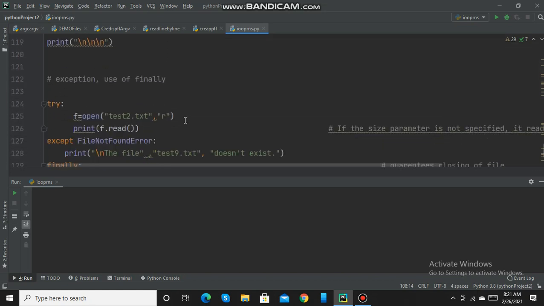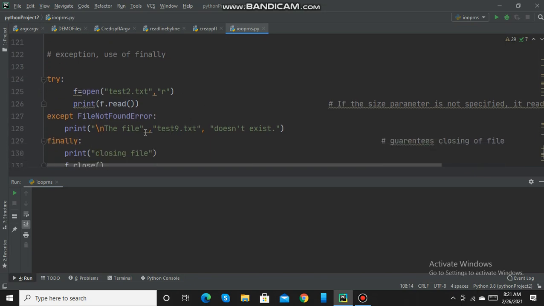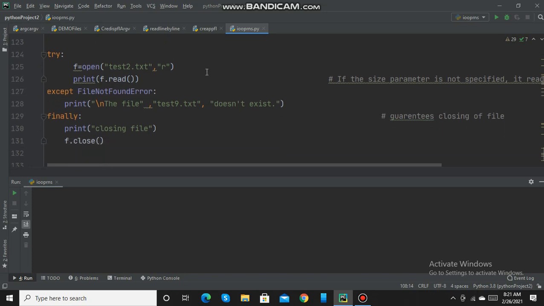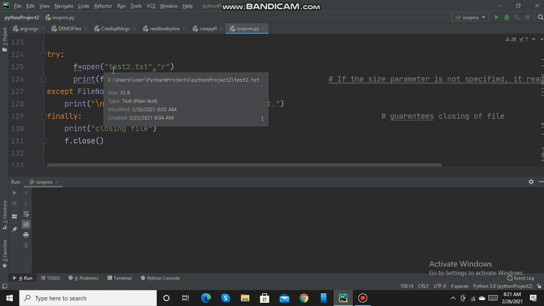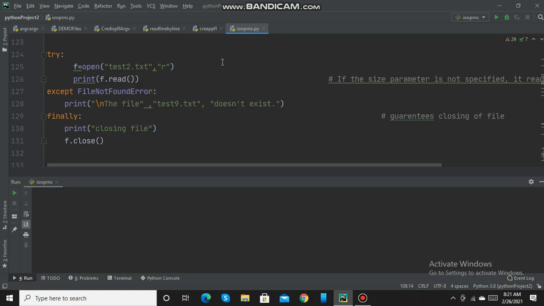Now we'll see the use of the finally clause to handle exceptions in Python. Regardless of whether an exception has occurred or not in the try block, this finally clause will be executed under all circumstances. So it is also called the termination clause.